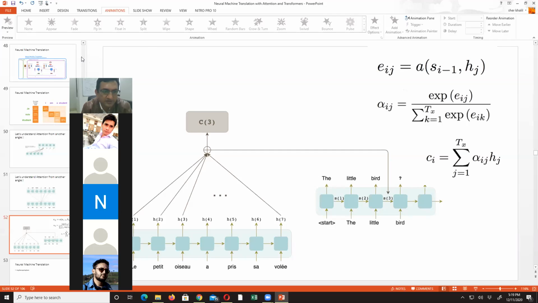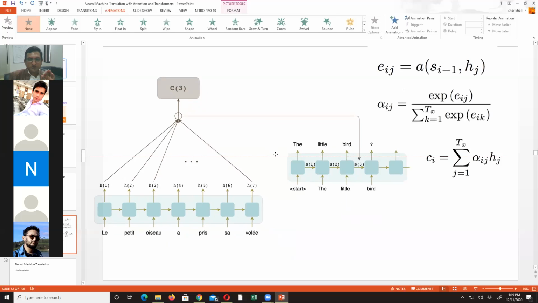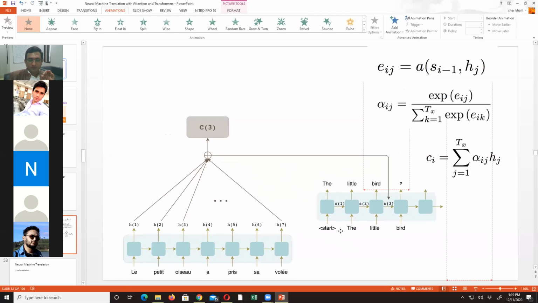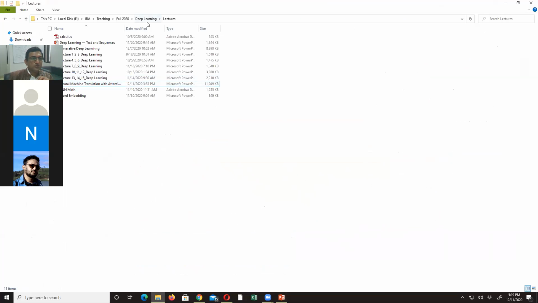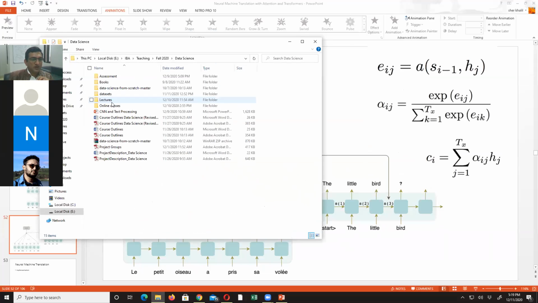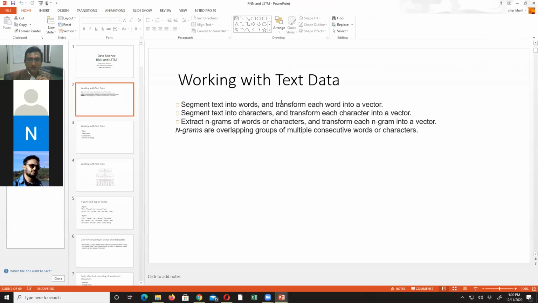See here, Nimra. If you just understand this picture, you will understand the whole attention model. What we are actually doing, first of all, we send this to the input, and because this is an RNN, the RNN has two matrices. Let me quickly show you the RNN. You need to have a good grip on RNN in order to understand this one.